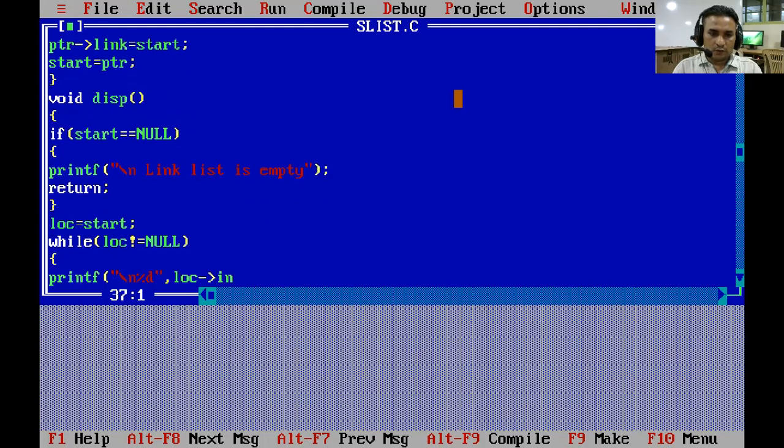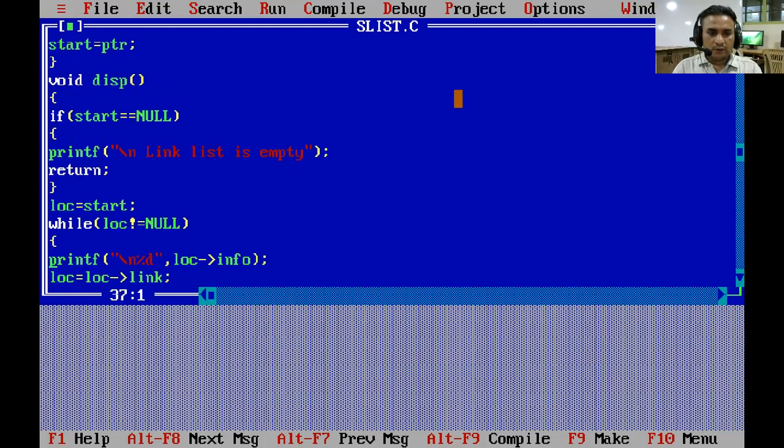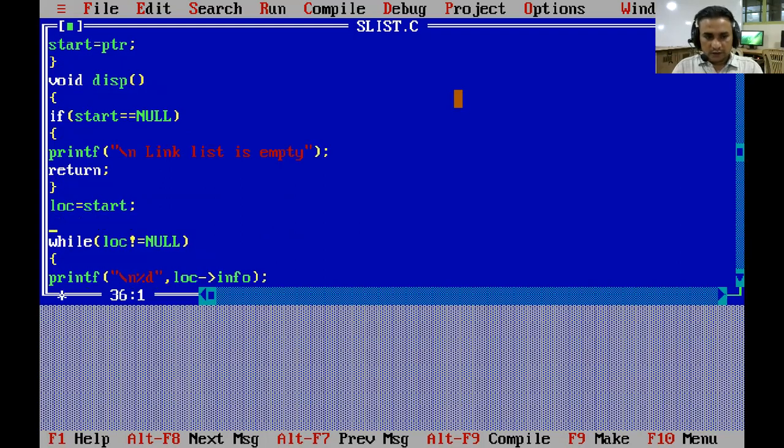Loop not equal to null and %d, loop pointer info, loop is equal to loop pointer link. I think there is no issue.